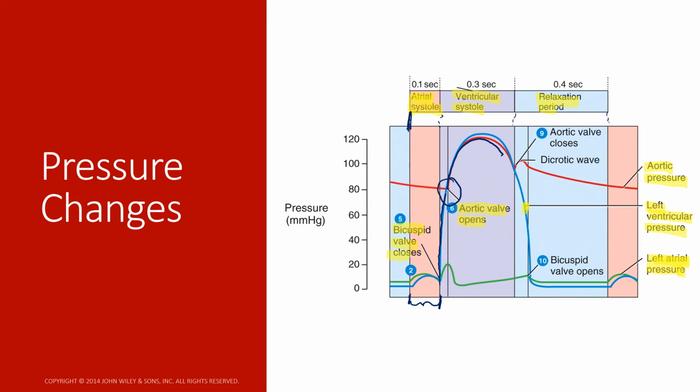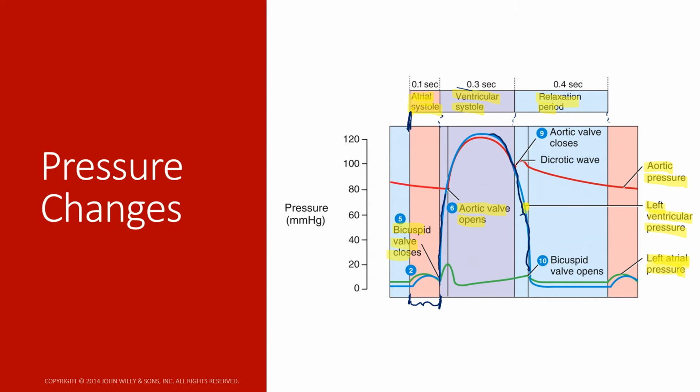And so when this aortic valve opens right here, we really see also that pressure in the aorta, that red line, is really going to increase as well, because all that blood is going to be moving from the ventricles into the aorta. So then, as all the blood is leaving the ventricle and going into the rest of the body, the pressure in the ventricle is going to drop